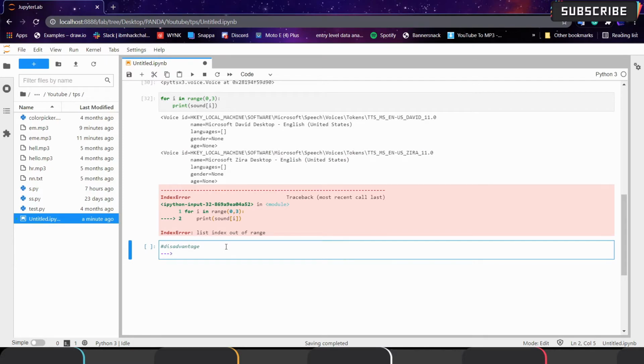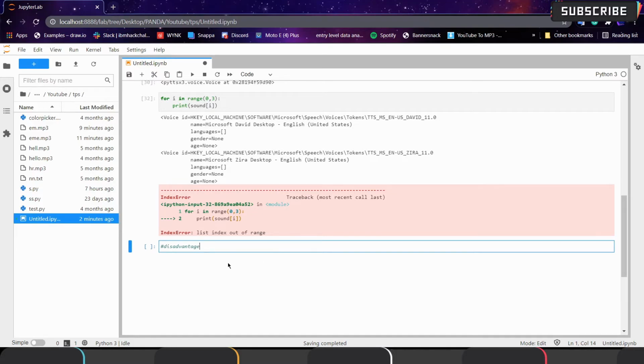So this is one disadvantage: we cannot select the language here. So English is the default language here. If you want to select a language, then we have to do these things. We need to install some language and some voice from a third party, then we need to access them from those. And next we can also change the voice rate here.